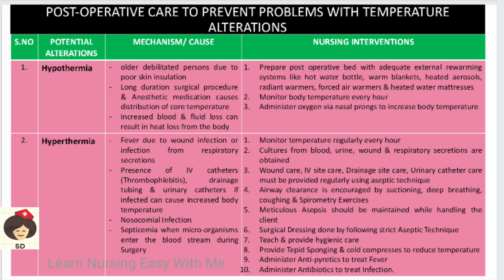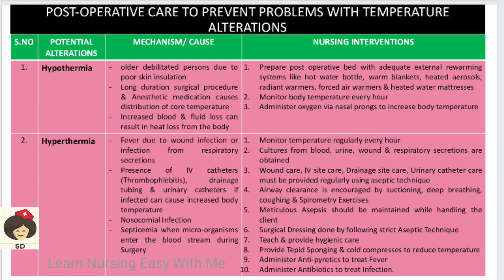After 1 or 2 days after the surgery, the patient may have hyperthermia, that is, fever can occur. This is because of wound infection, nosocomial infection, or thrombophlebitis at the IV site, or if microorganisms entered the blood during surgery, it can cause septicemia. So you have to do all the culture tests. If there is a problem with urine, then urine culture. If the problem is in the blood, blood culture, and wound culture also has to be done to see where the infection is. Always when you handle the patient, we have to do all procedures in an aseptic manner, and also follow aseptic precautions for wound site dressing.